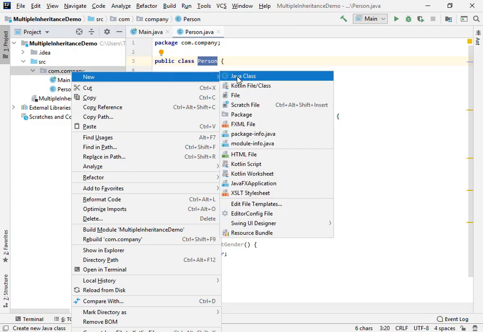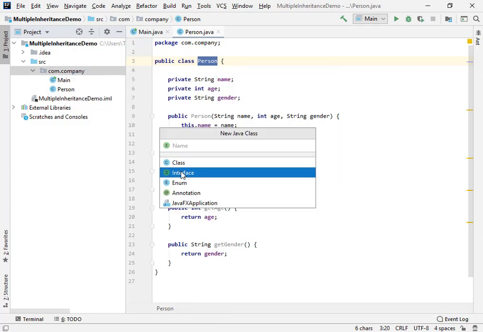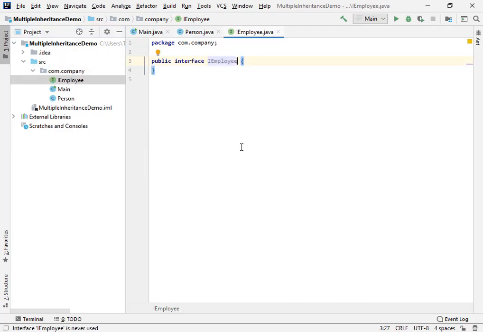by right clicking, new Java class, and this time I'm going to choose an interface and I will give this a name with a prefix I, which represents I for interface, and then a name for the interface. In this case it will be for employee. Okay, so now we have this interface structure.